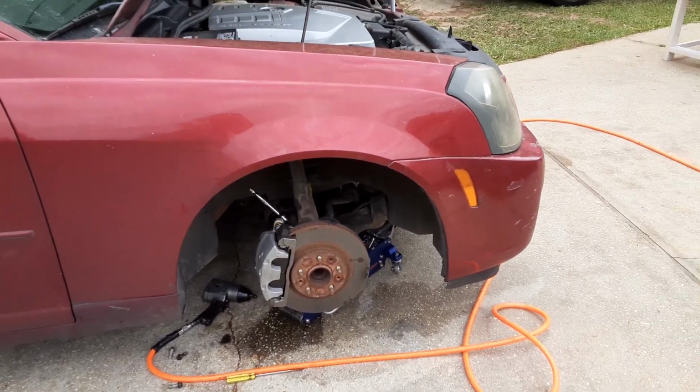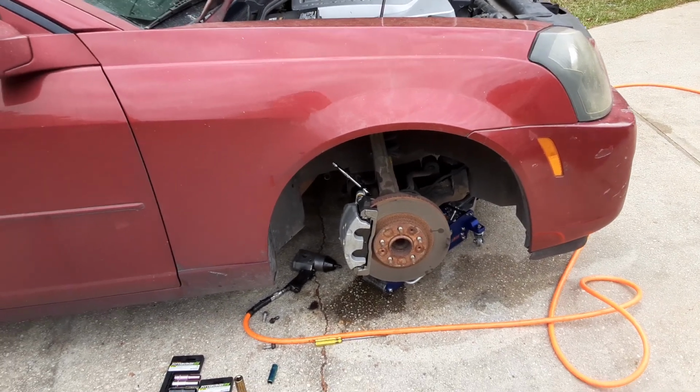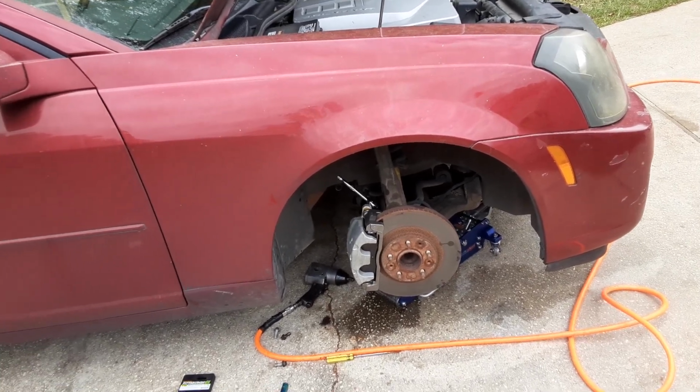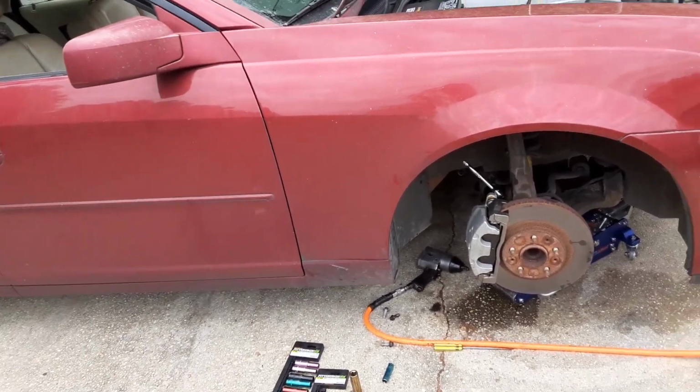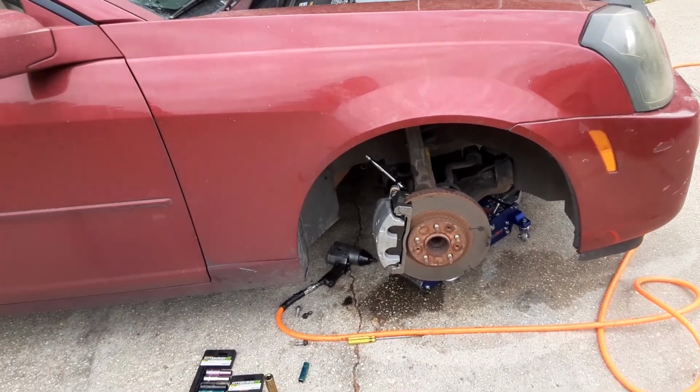I could edit this video to where I can splice both these videos into one video, but we're just going to do a part one and part two. This is a 2004 Cadillac CTS V6. We're putting brakes on it, and we were showing in the first video